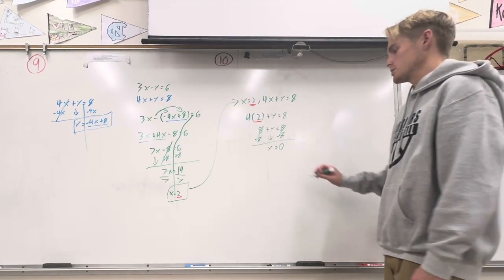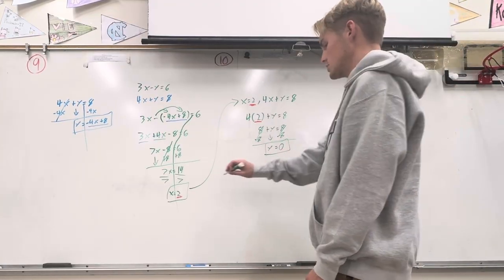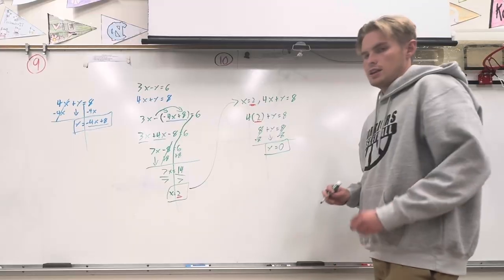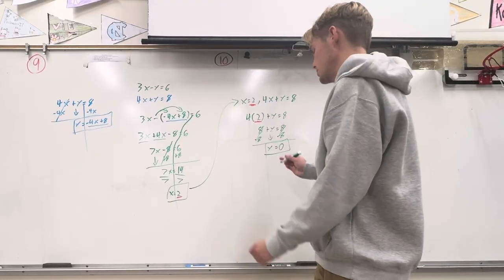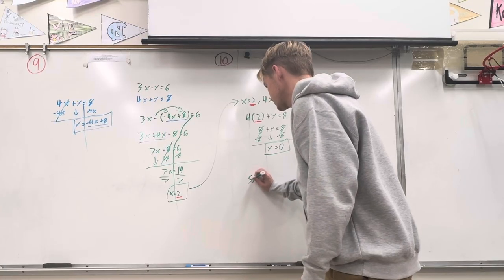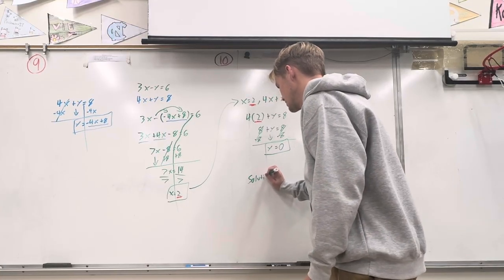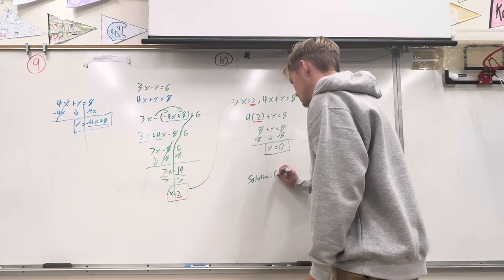Now we have our coordinates. So we have x is 2 and y is 0. And then our last step is we just got to put those two together and write them as a point. So our solution is 2